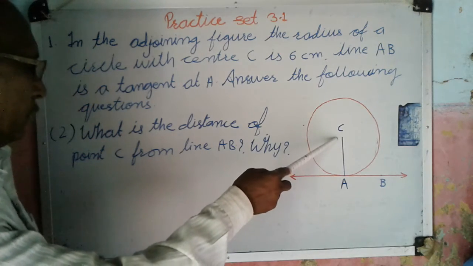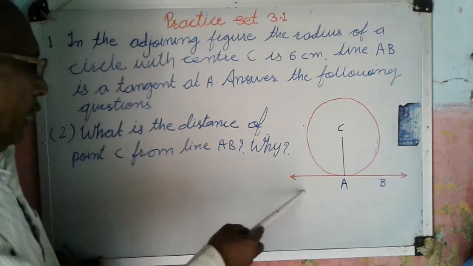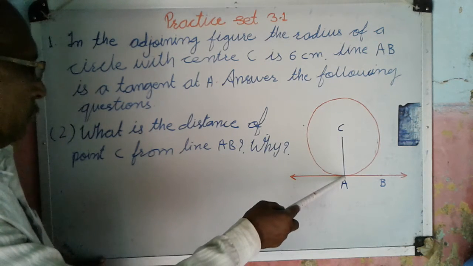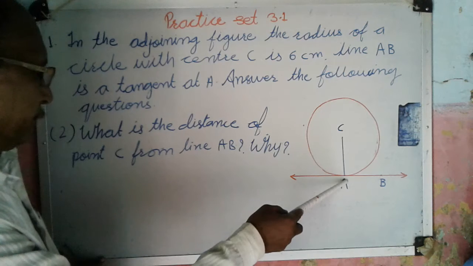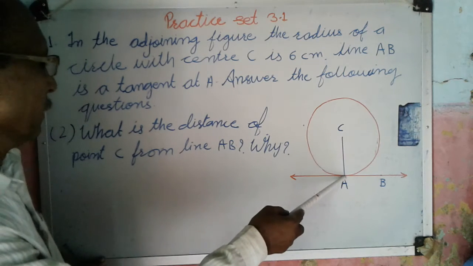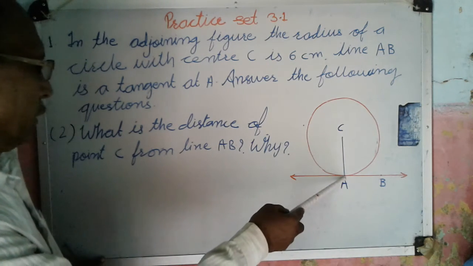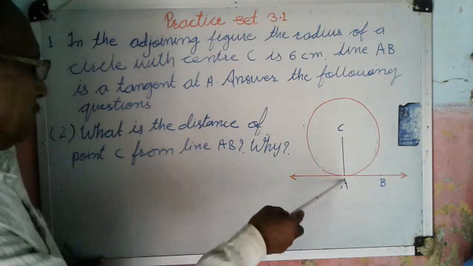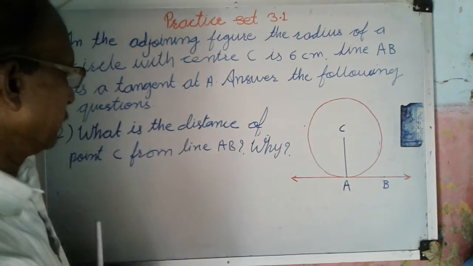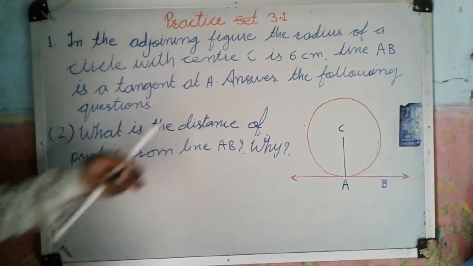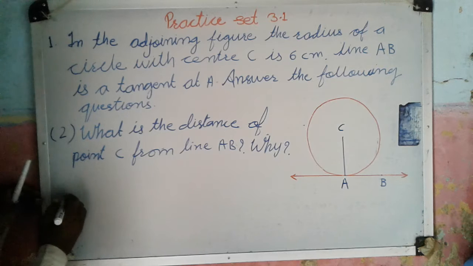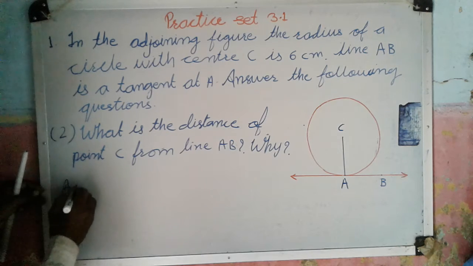Point C is the center, line AB, and point A is on the circle. This is the point of contact of the circle and tangent. That means here point A is on the circle, C is the center, that means AC is the radius. And radius is given is equal to 6 centimeter. Therefore, the answer is